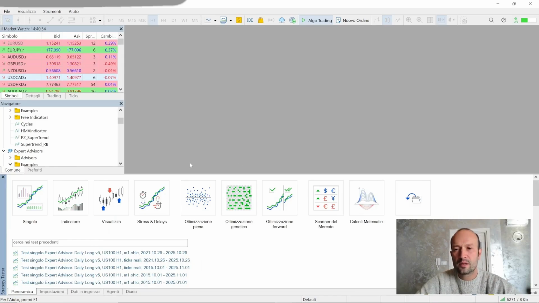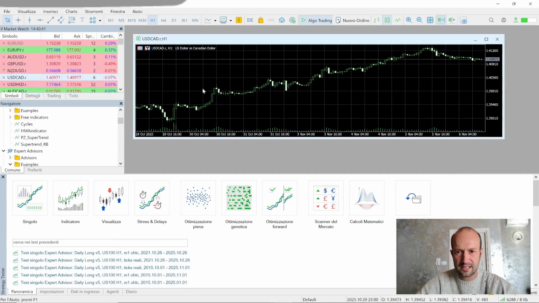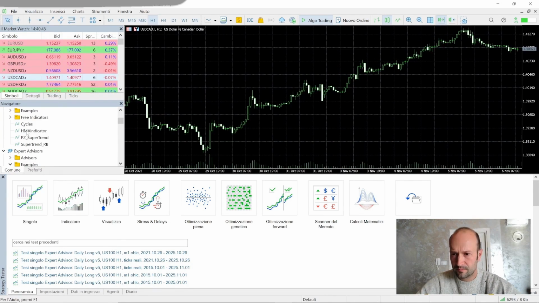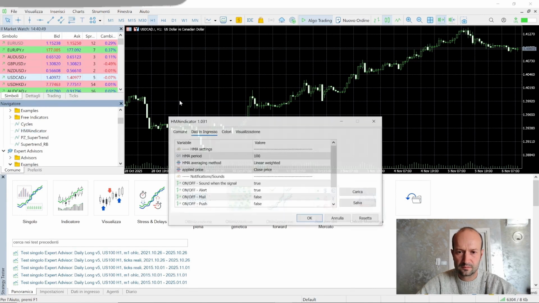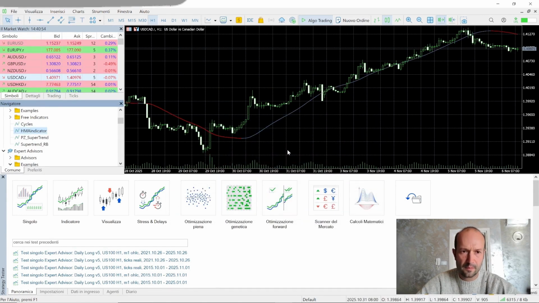So first of all, let's understand what this indicator is. To do that, let's open a chart, any chart, and add the indicator, which I have obviously already downloaded beforehand. Let's leave all the settings as they are. Okay, this indicator we're using has two colors. One is red and the other is light blue. We see a red color when the indicator is going down, while we see a light blue color when the